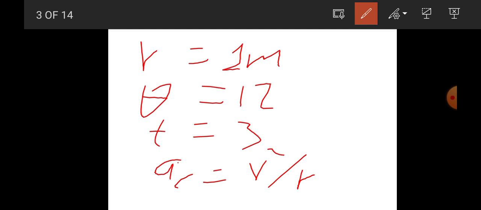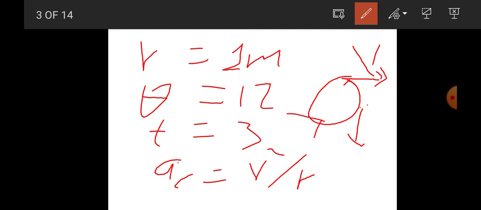Speed square over r. ይሄ centripetal acceleration የምንለው አንድ object with constant speed if it is rotated around a circular path, the body possesses centripetal acceleration due to the change in direction of velocity. ይሄ ምን ማለት ነው? አንድ ኦብጀክት ይሄ circle in which the object rotate ከሆነ, if this is the direction of tangential velocity, እዚህ ጋር ሲደርስ direction of velocity to the left ነው። እዚህ ጋር ሲደርስ direction of velocity down ይሆናል። እዚህ ጋር ሲደርስ direction of velocity is to the left። ስፒዱ ኮንስታንት ሆኖ due to the change in direction of velocity እዚህ ጋር ምን እናገኛለን ማለት ነው? centripetal acceleration ይገኛል ማለት ነው።